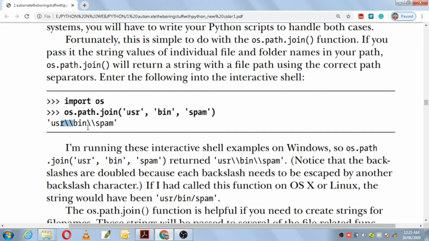Slash means something else in Python; it is used for a special, important thing. If you want that slash to work as a normal backward slash, you have to escape its special character. That means it should not work as a notation of Python, it should work as a separator between the files.